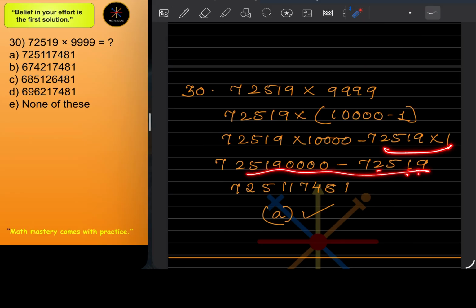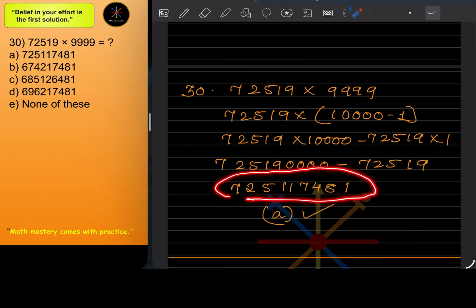So now you subtract both of these, and you get the answer. This is the answer, which is option number